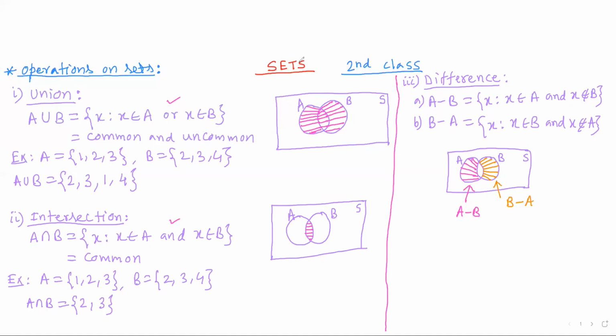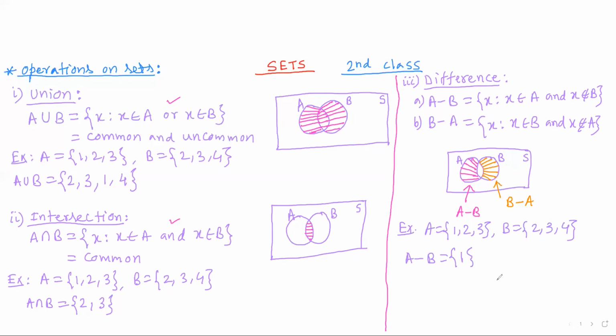Now I will discuss this by taking one example. Same example I am taking. Suppose A set contains elements 1, 2, 3. B set contains elements 2, 3, 4. Now A minus B means from the A set, we have to remove the B set portion. Then what is the remaining part of A? A set contains 1, 2, 3. So from this set, if we remove the B set part, then 2, 3 will be removed. So what is the remaining part of the A set? That is 1.